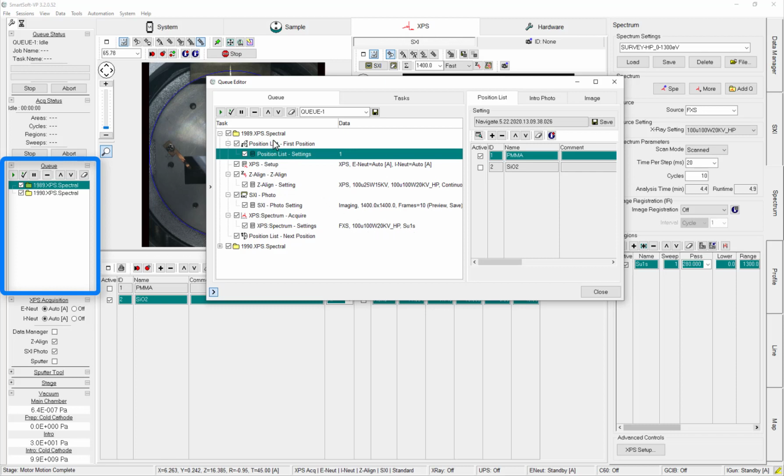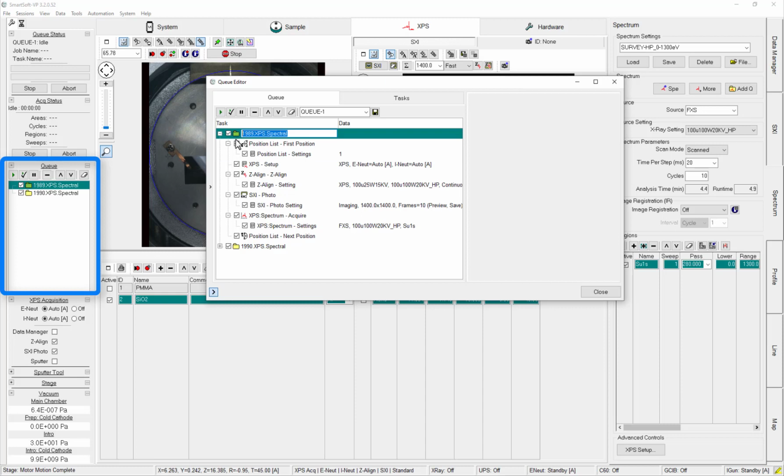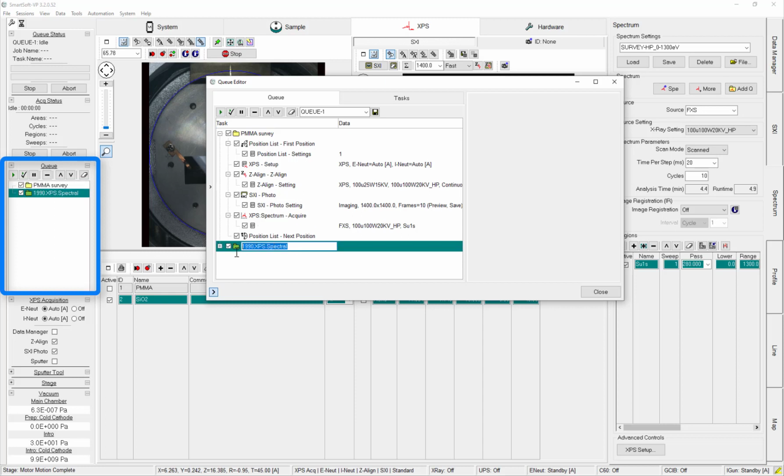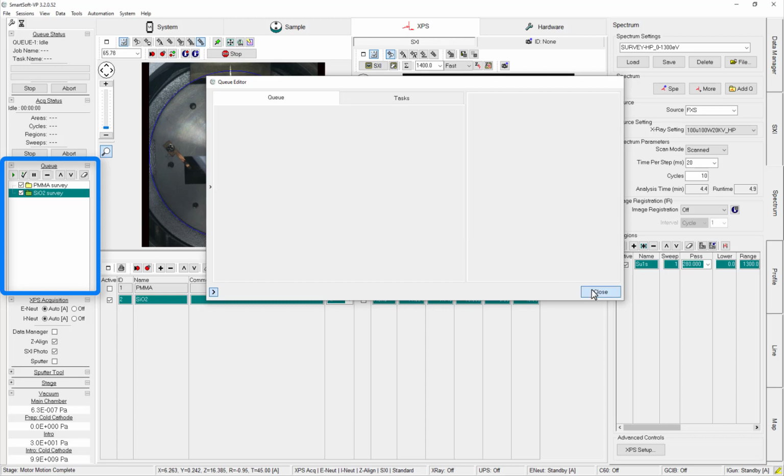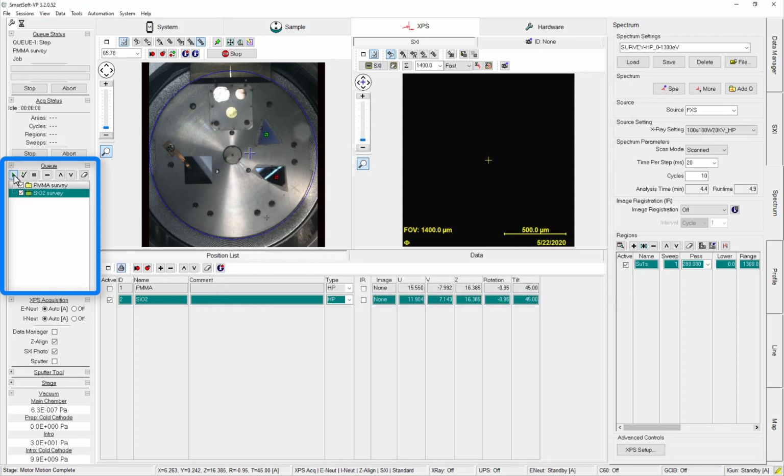To help keep track of my acquisitions, I can rename them. And so I'll rename the first one PMMA survey and the second one as SiO2 survey. And if I want to make sure that my queue is correct, I can validate the queue before I continue to make sure I don't have any errors. Once I'm satisfied with the queue, I can click the Go button, and this will start the analysis of the